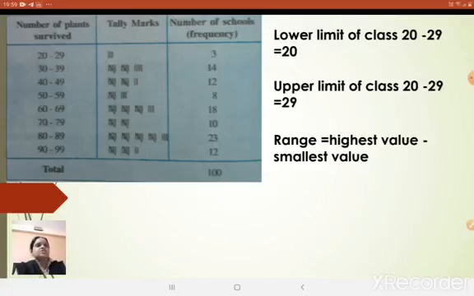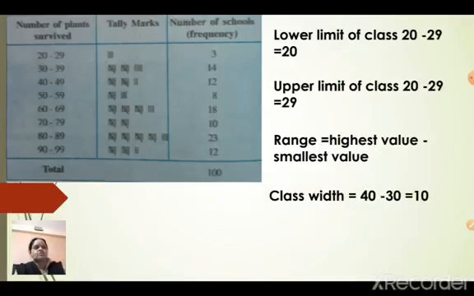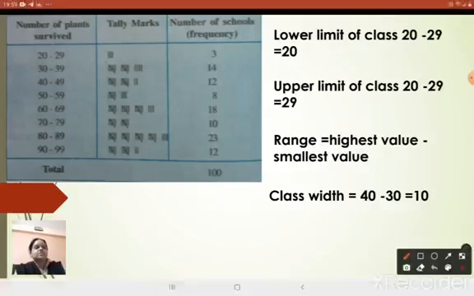Okay, so the next point we have to remember here is class width. So what is a class width? The class width is the difference between any two lower limits or any two upper limits. Any two means any two consecutive lower limits and any two consecutive upper limits. So for example, if I take this class, can you see over here? If I take the classes 60 to 69 and 70 to 79, in this case the two upper limits are 69 and 79.